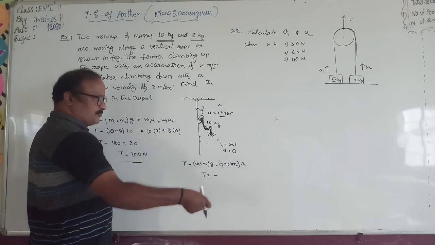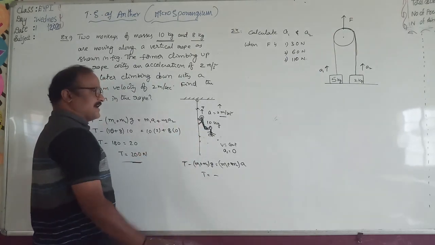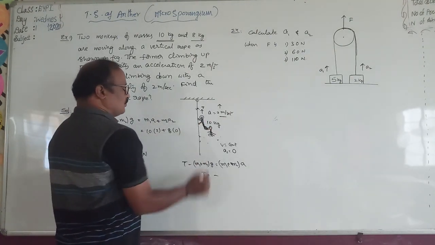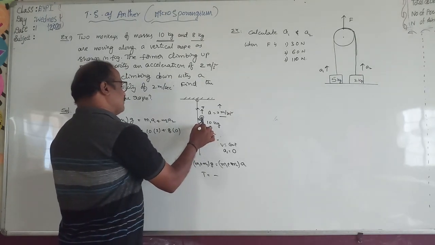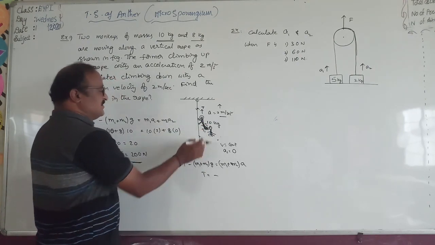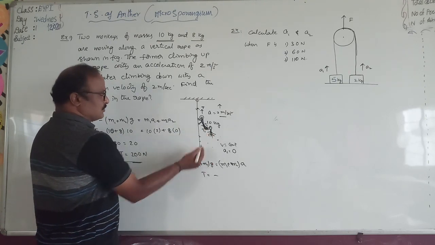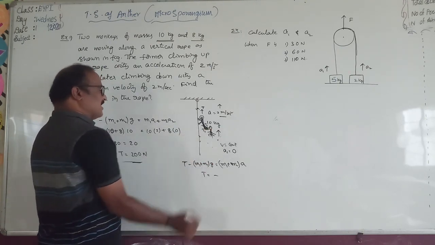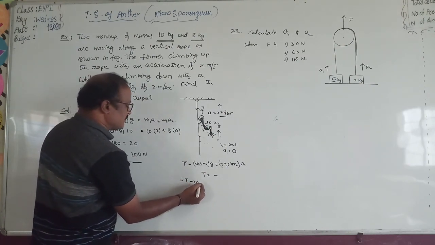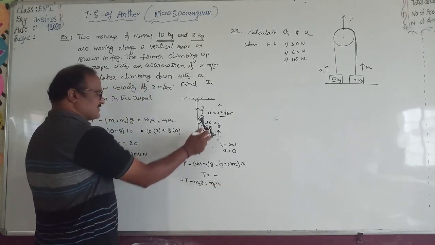Otherwise, find the maximum force that the second monkey can exert on the tail of the first monkey. Here the tail is taken as a rope, and the tension developed in the tail is, let us say, T1, and this is also equal to T1. For the second monkey alone, observe, its weight acts downward and T1 acts upward, and it moves with an acceleration a. Therefore in that situation, T1 minus m2g is equal to m2a. This is from the free body diagram of the second monkey.